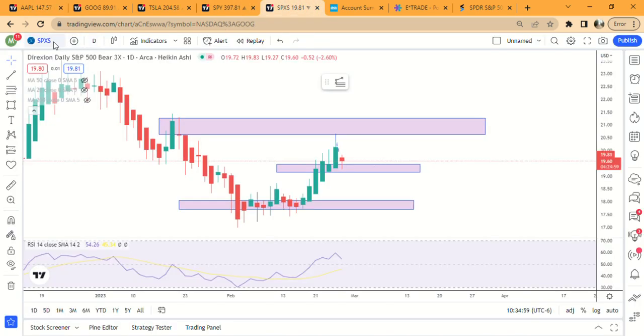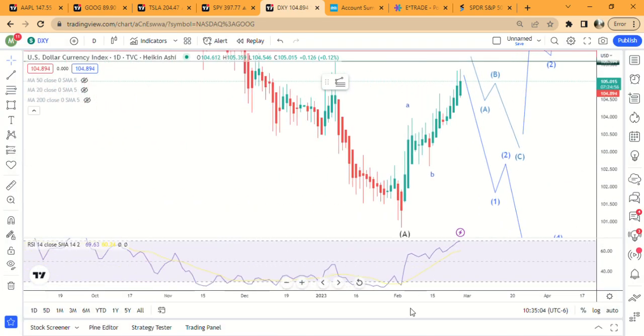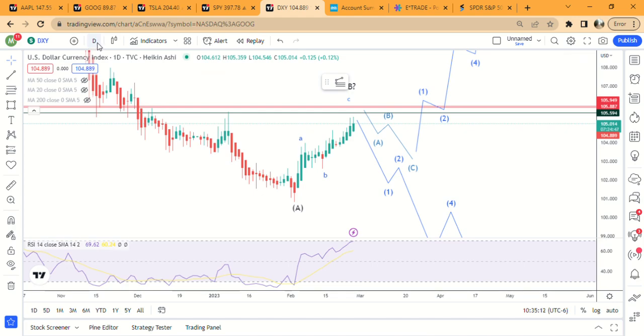The dollar. I just started using this supply demand a lot more because over the weekend I was going over it, because it makes it a lot easier to see where the most likely move is going to go. So, dollar